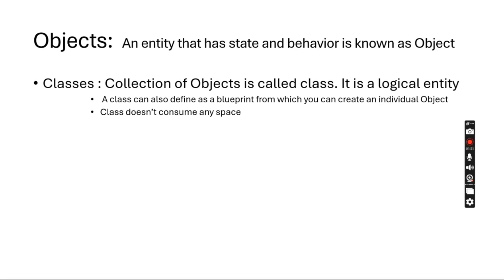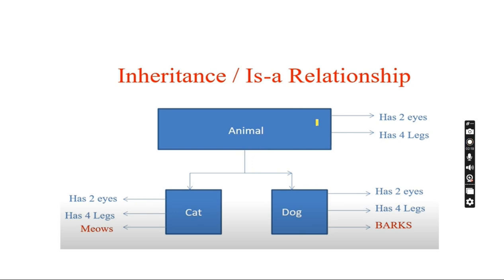It does not require any space in memory. For example, a class is like the blueprint, the naksha, we create on paper for building a home. If we implement that map in the real world and actually build the home, that is called an object. So inheritance is one of the Java OOPs concepts, where we have a